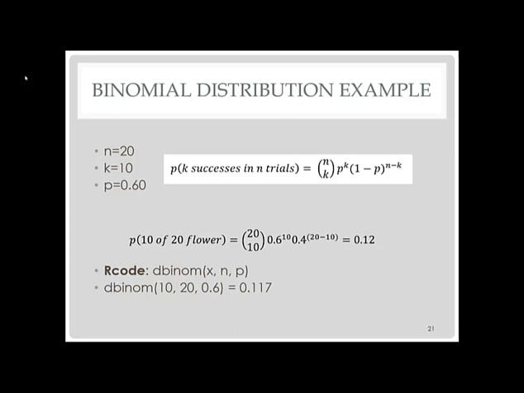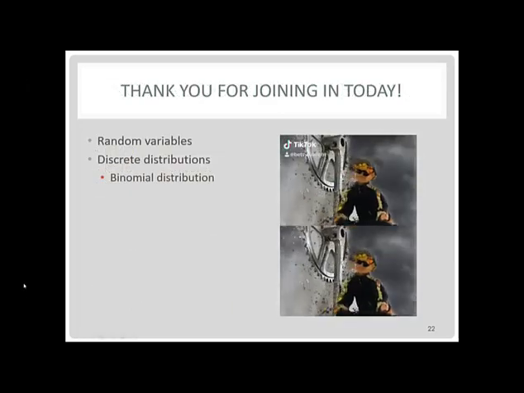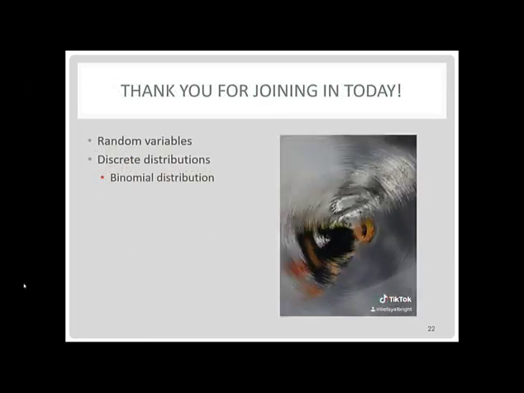The second assumption we should think about is the constant probability of blooming. Do all 20 plants across the plot have the same probability of 0.6, the same chance of blooming? And if these assumptions do not hold, then we may need to think about another way to model the blooming of these plants in the plot. We need independence and constant probability to use the binomial distribution.